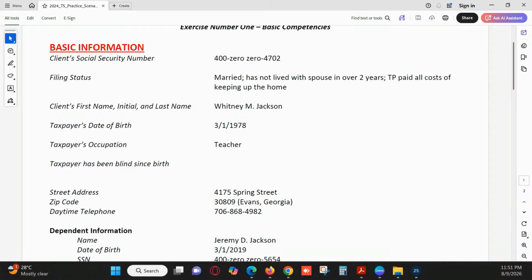So you can see on the screen that there is some basic information on the taxpayer. By the way, these are dummy data, so for security purposes we can't use the original taxpayer's data. So I made this dummy data for this video. The basic information includes the client's SSN, filing status. You can see that he is married and has not lived with the spouse in over 2 years. The taxpayer paid all cost of keeping up the home, and the client's name, then client's date of birth, occupation,